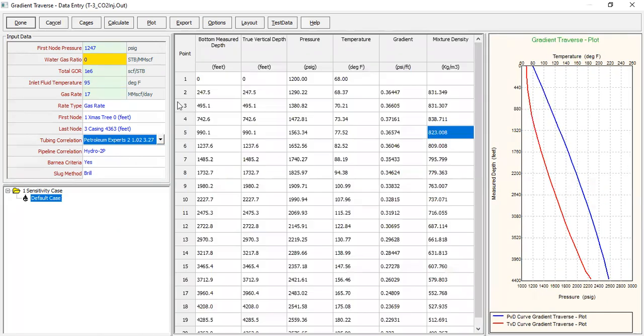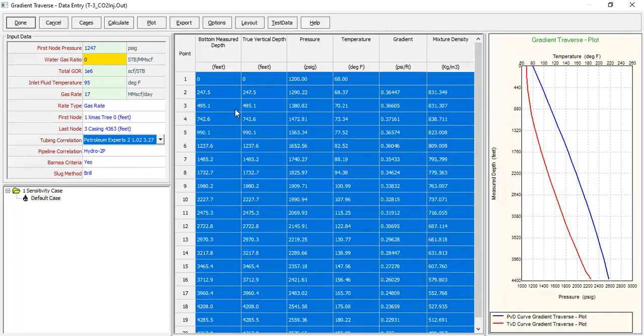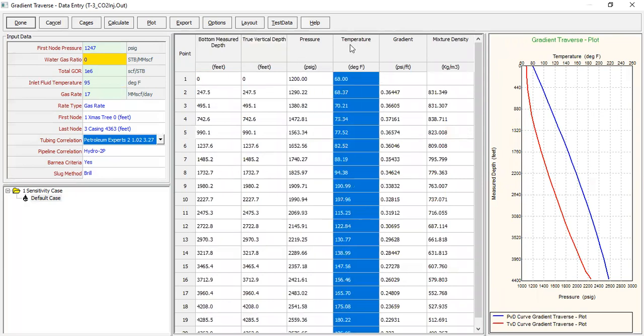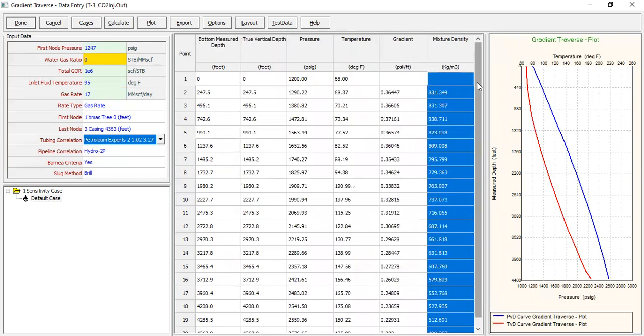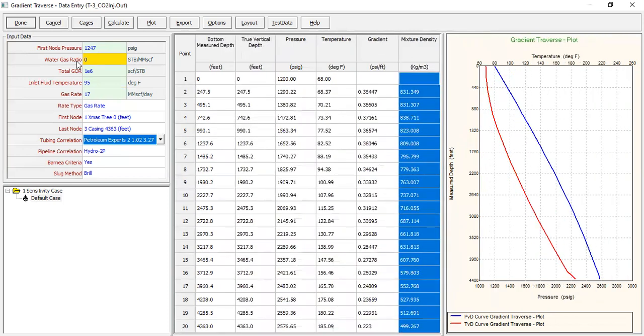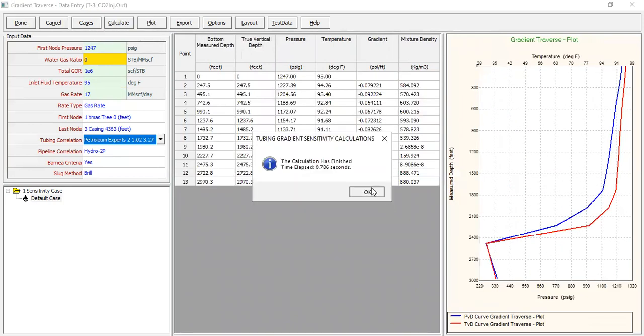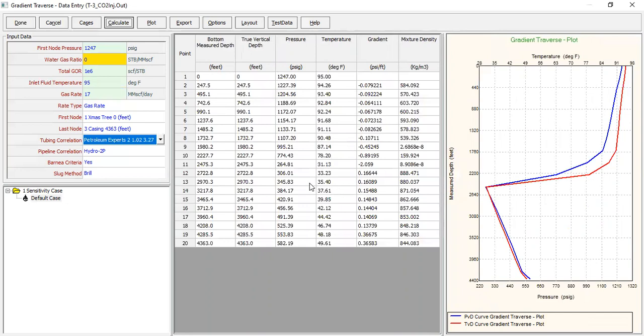Okay, so for this table, I have the MD, measured depth, true vertical depth, TVD, the pressure, temperature. Okay, that's good. Gradient and mixture. Okay, good. So let's check. Just click calculate, show calculating data. All right, what happened here? So you see here, if you inject at this condition at inlet fluid temperature of 95, then